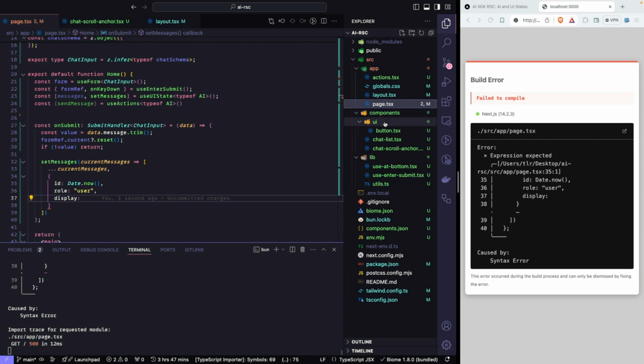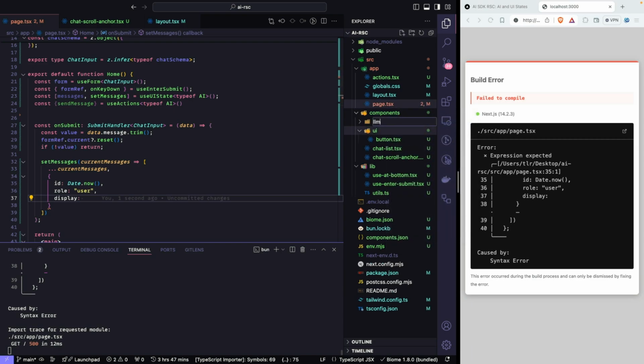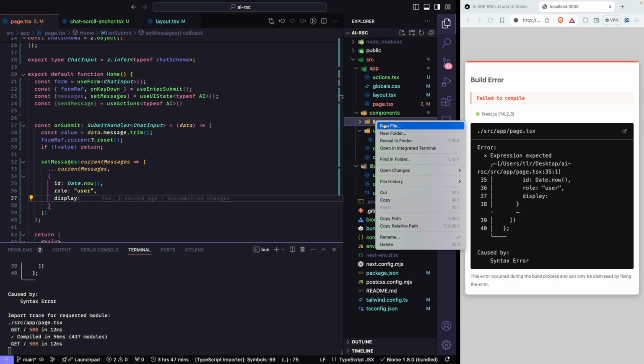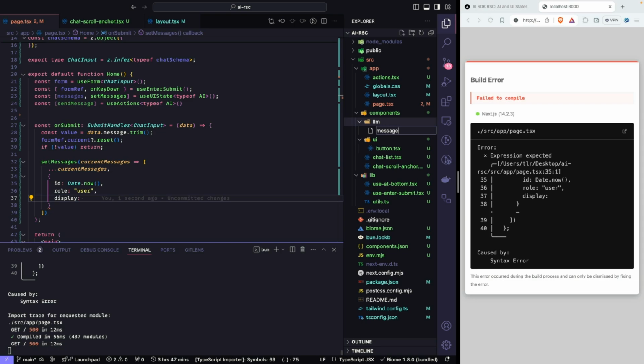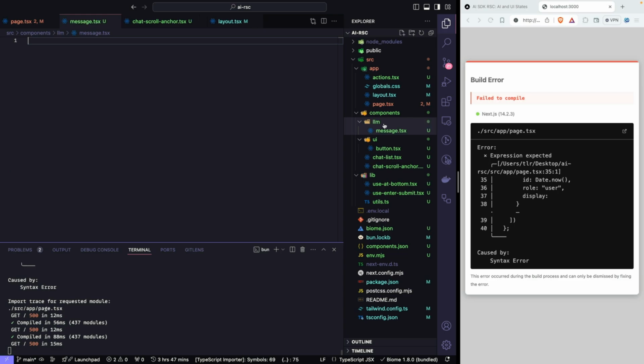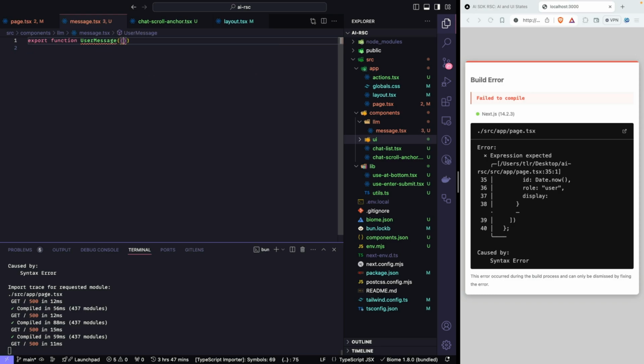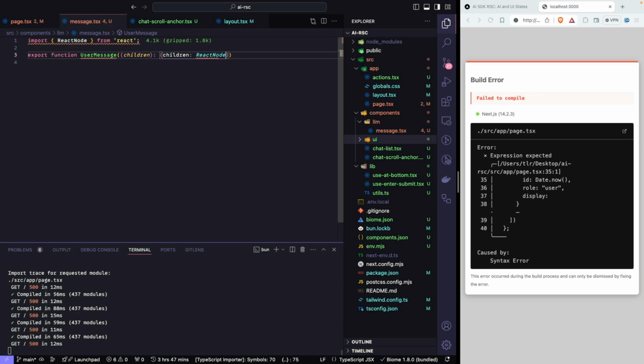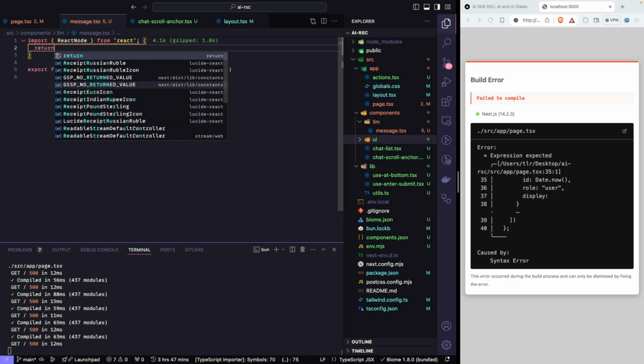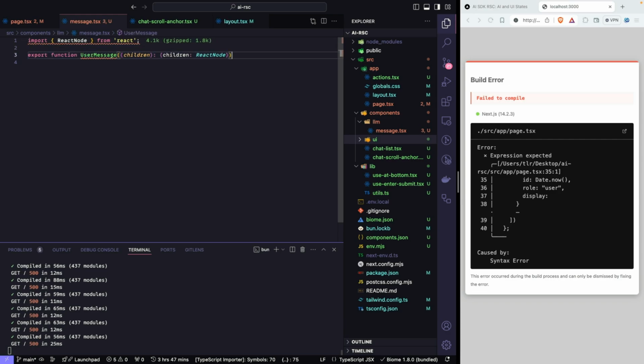So let's go to components, let's create a new folder and just call it llm. So that's anything to do with the LLM. We're going to give this one a name of message.tsx. Now this is going to be a user message, so export function UserMessage, and it's going to take in the children, which is going to be the content that is streamed from the server, and that is going to be a React node. And then we'll return